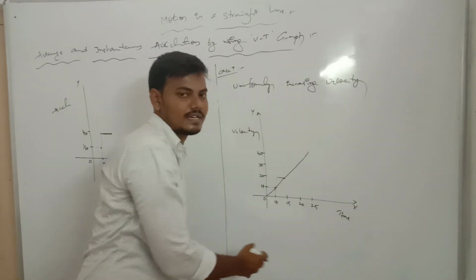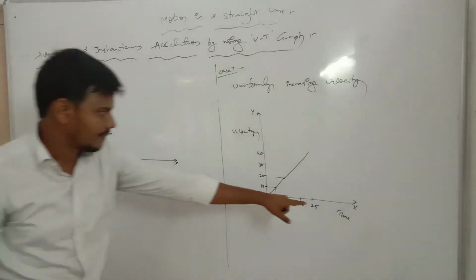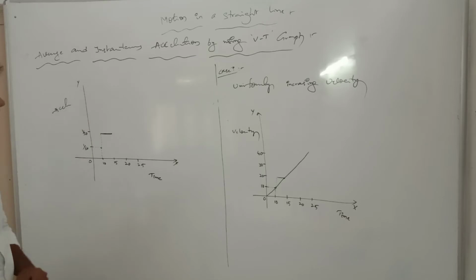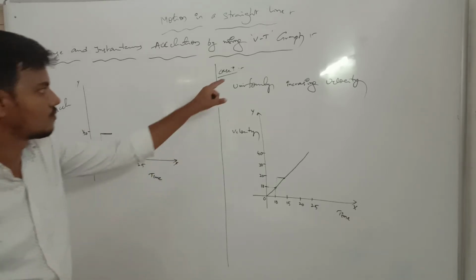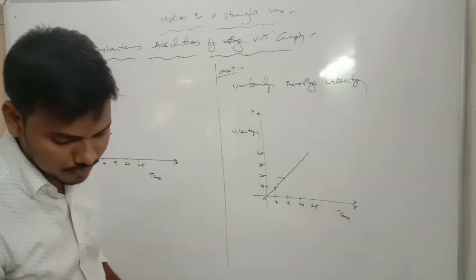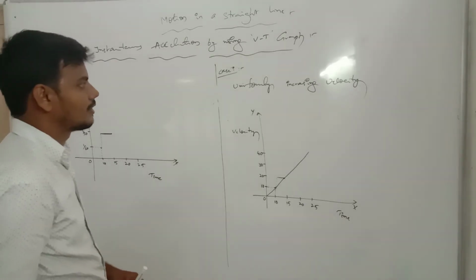This is the first segment of the position. The output of the position, second segment of the position. Time period to velocity. This is the acceleration of the position property. Okay. Now this is the average and instantaneous acceleration by using the VT graph. The case 1. Okay. Now what is case 2? Case 2 means representation of non-uniform and uniform.